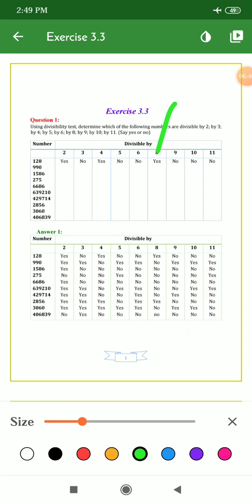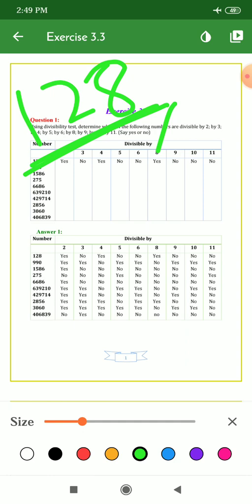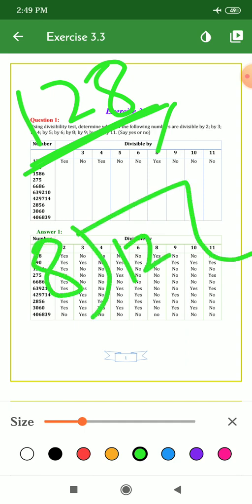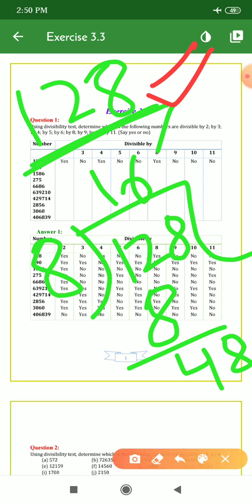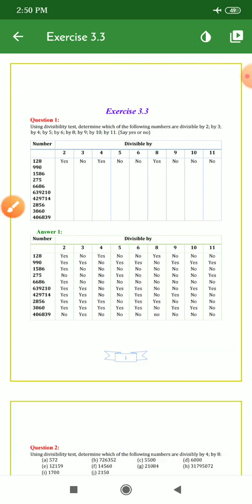What is the divisibility rule for 8? That the last 3 digits should be divisible by 8. Okay. So you have to divide for this: 1, 2, 8. 8 ones are 8. What will come here? 4. 8 fours are 32. 8 fives are 40. 8 sixes are 48. So it means this is correct for divisibility by 8. What is the divisibility rule for 8? I repeat that the last 3 digits should be divisible by 8. So the number will be divisible by 8.